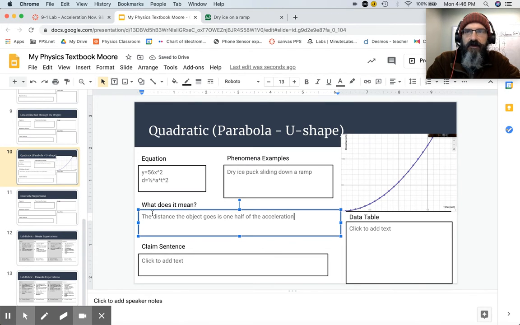In the case of this particular thing, it's whatever twice 56 is, like 112 centimeters per second squared. 1/2 of the acceleration